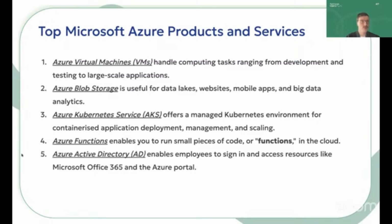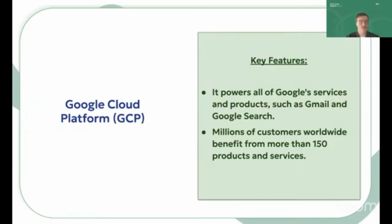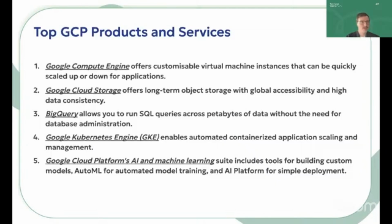And the last one in our list, Google Cloud Platform. It serves millions of users worldwide, powers Google products like Gmail, Search, has more than 150 products. Top services here, Google Compute Engine, similar to Amazon Elastic Cloud, computer power for your needs. Google Cloud Storage, similar to Azure Blob Storage, provides secured object storage service that's designed to store and retrieve unstructured